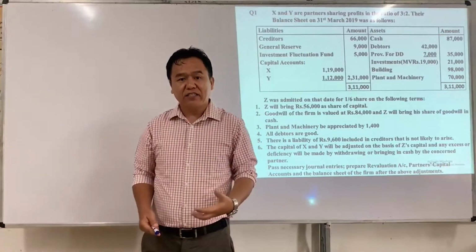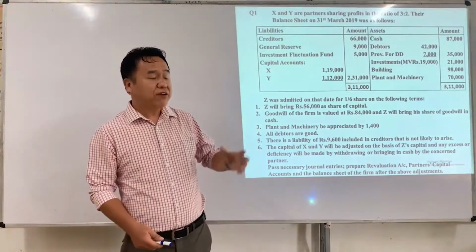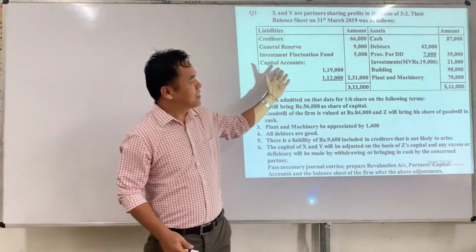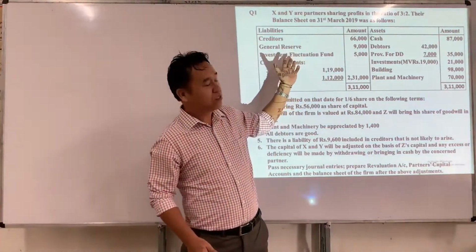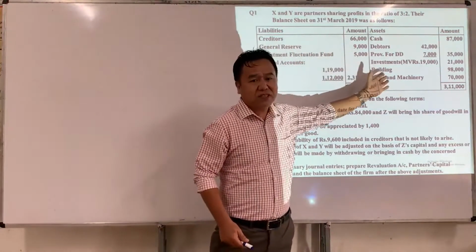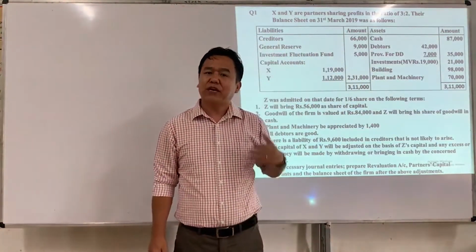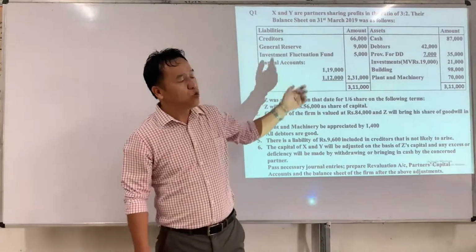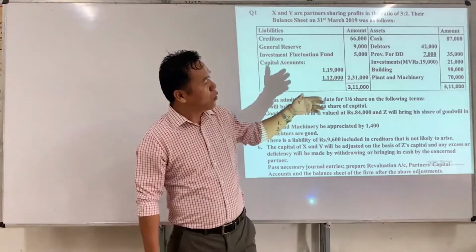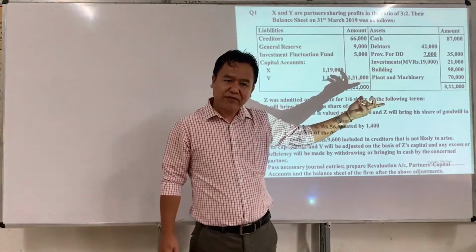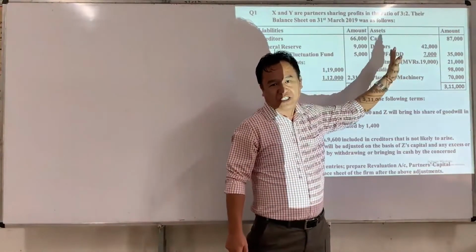Like I said earlier, whenever we solve a full-fledged question, we have to see whether accumulated profits and losses are given in the old balance sheet or not. If they are given, then such accumulated profits and losses should be transferred to the capital accounts of old partners in their old profit sharing ratio. And then we need to write off goodwill among old partners in their old profit sharing ratio if it appears in the old balance sheet.